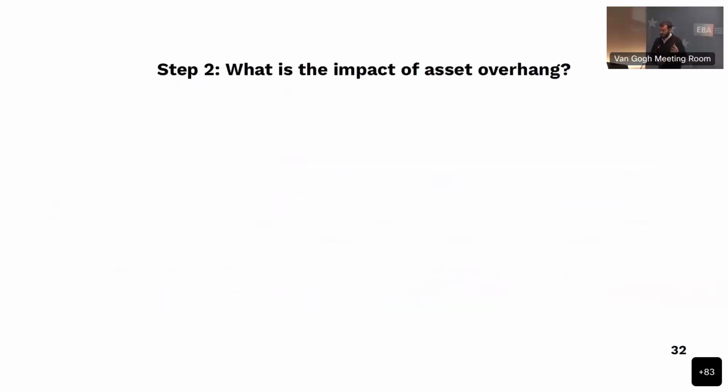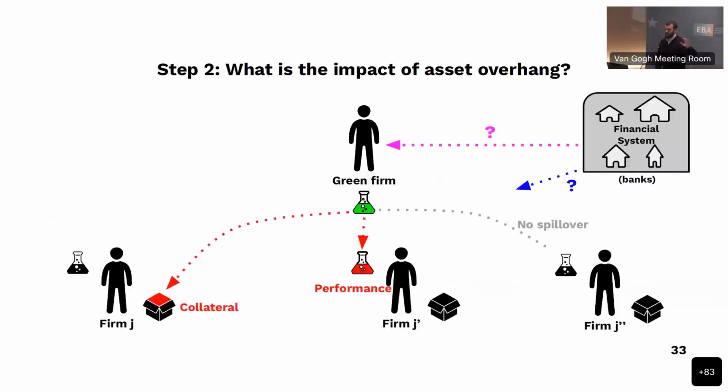All right, next slide. Armed with this, we've now identified channels where there is some sort of contagion. Now the question is, can we construct from this an asset overhang, so a legacy of banks against those firms, and then see if there's a link between that and the credit decisions? Next slide. So this is the summary, right? We've identified which firms are exposed to whom. Now we want to see, given how the financial system is exposed to those exposed firms, what will be the capacity of this green firm to get financing. Next slide.